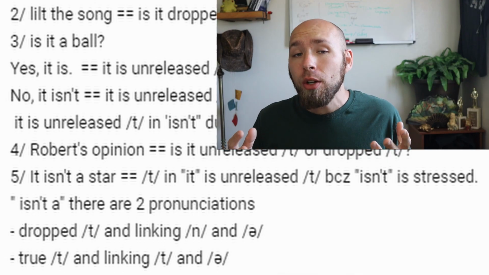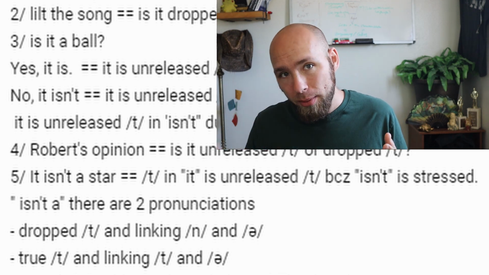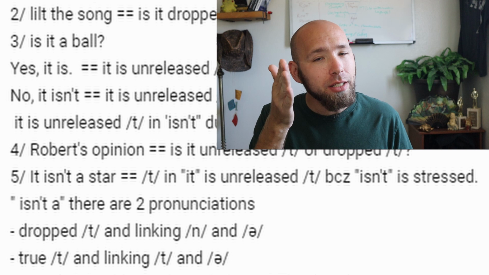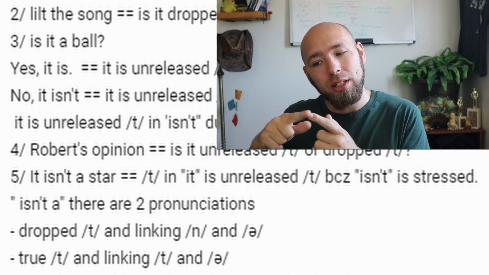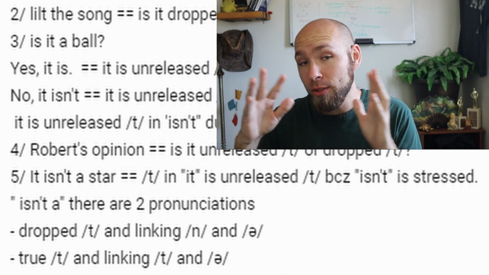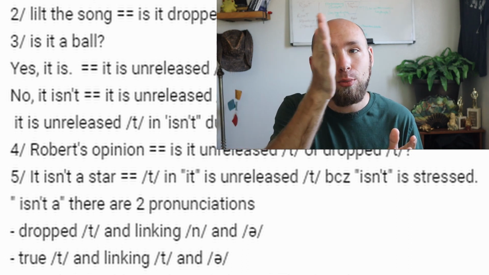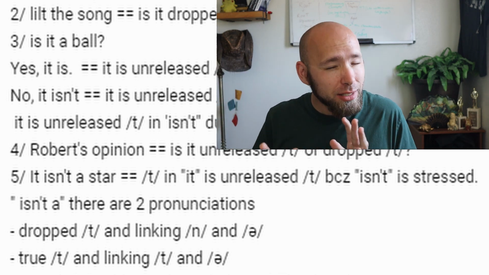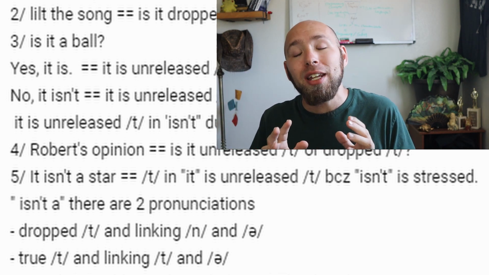I call it the NT plus vowel rule. But in the NT plus vowel rule, we actually usually drop the T instead of saying it and connect the N instead. So just because you see a T at the end doesn't necessarily mean it would connect to the next sound that's a vowel with a flap D. That happens very commonly, but it depends, right? It depends on the sounds that are before it, the sounds that are after it, which makes it sound kind of complicated. And it is complex.